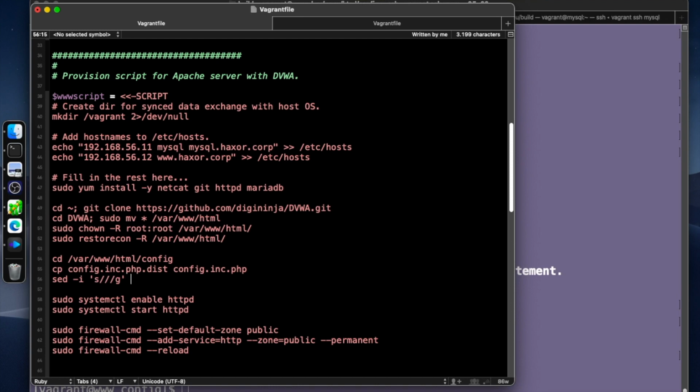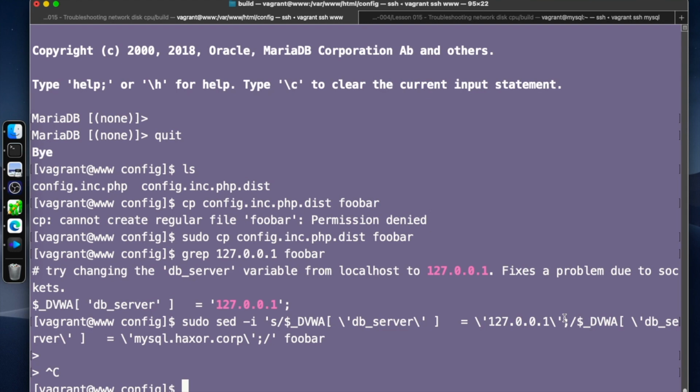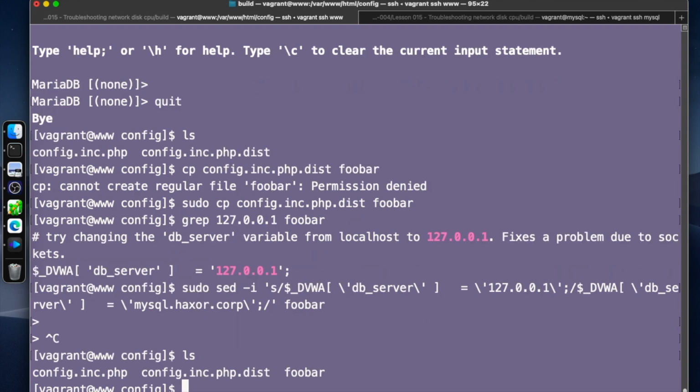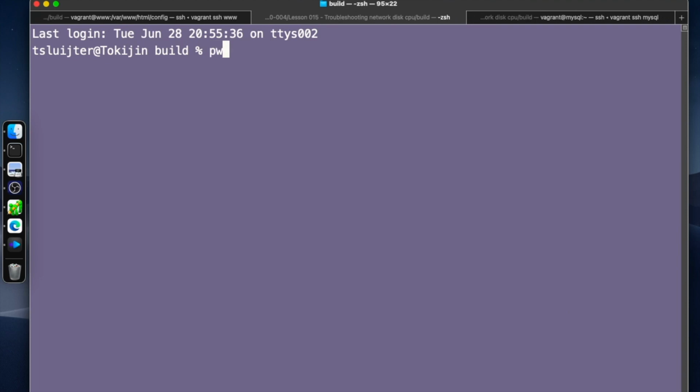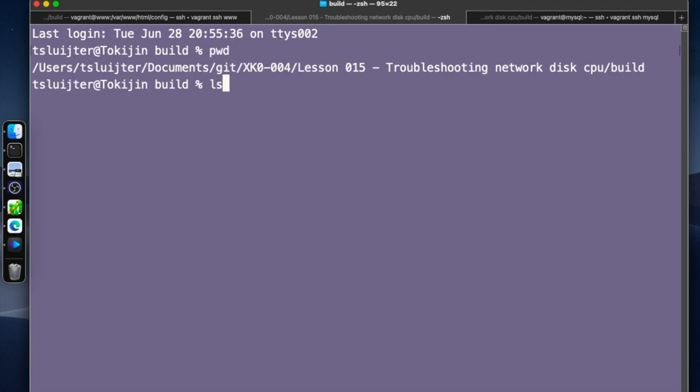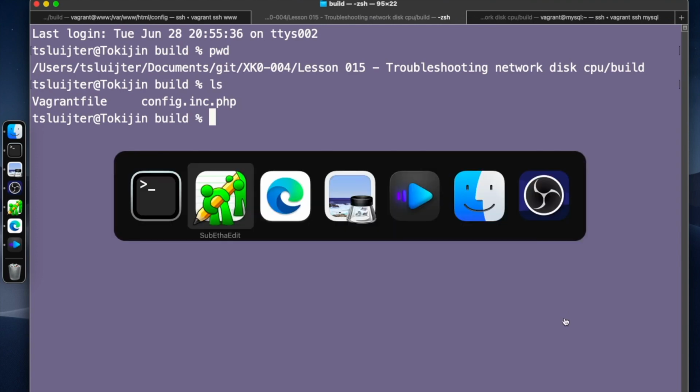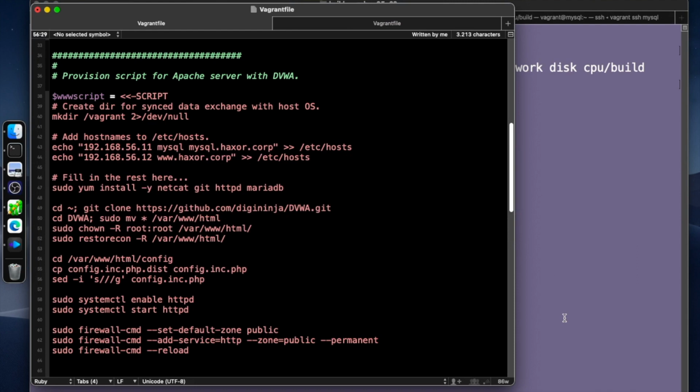Let's go and see if we can't find out how to do this. So you know what we're going to do? For now, I'm going to copy config.inc.php into /vagrant, because that should probably mean I'm in my build directory right now. There we go. So we've saved the config.inc.php, and for now, instead of using the whole sed